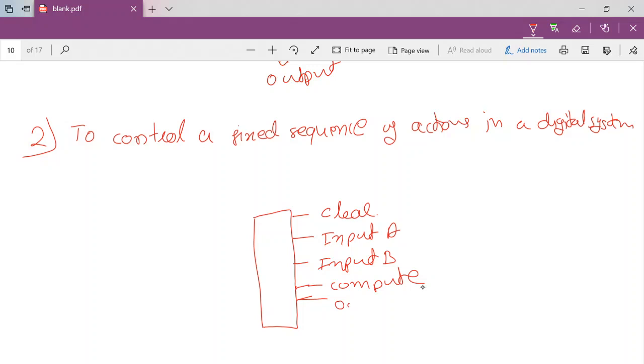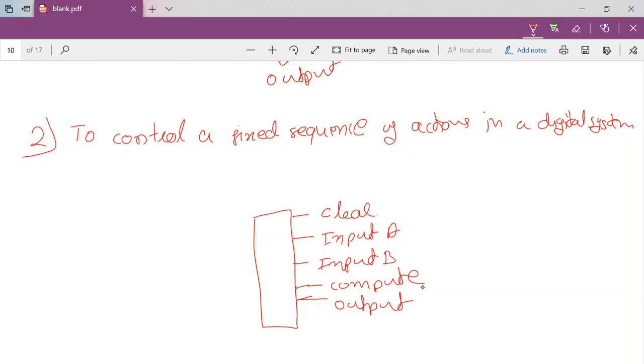Next is produce output. So suppose these are the 5 instructions we want to perform, and these 5 instructions should be done in a sequence. How can we implement this sequence of operations using the counter?